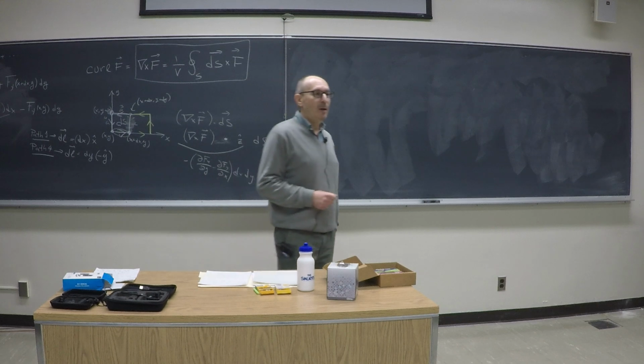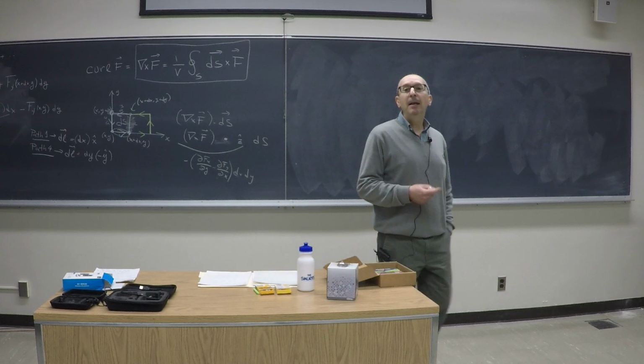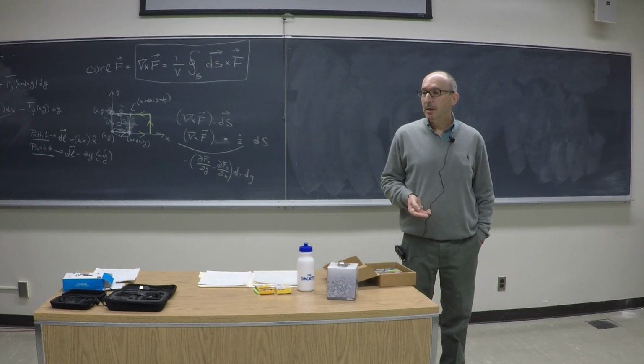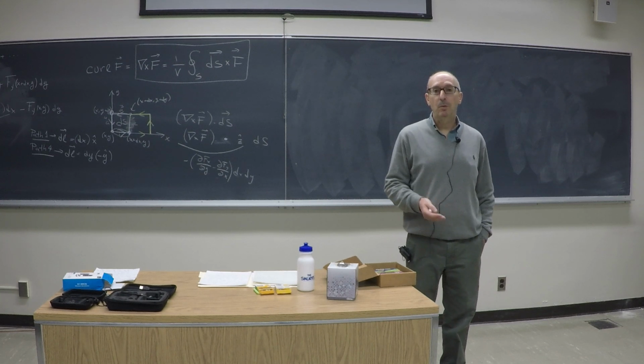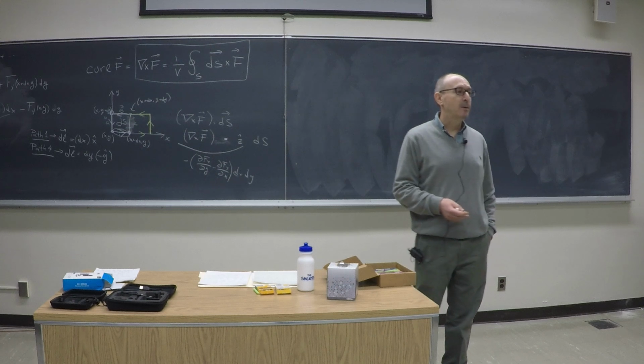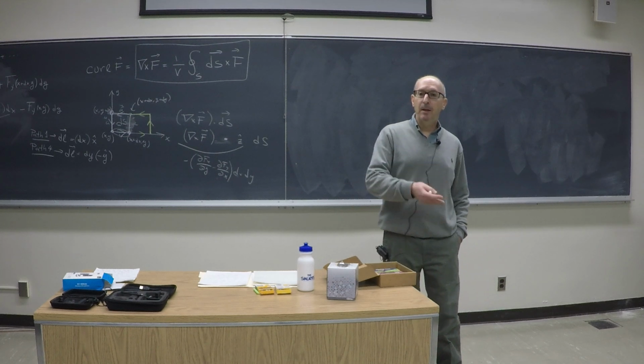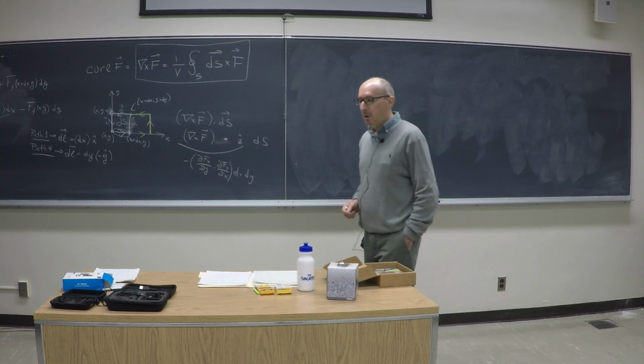Fine, that's one first answer, but clearly the force is a vector. So what about the vector? Now we keep talking and we say, well, if I look at the force on one